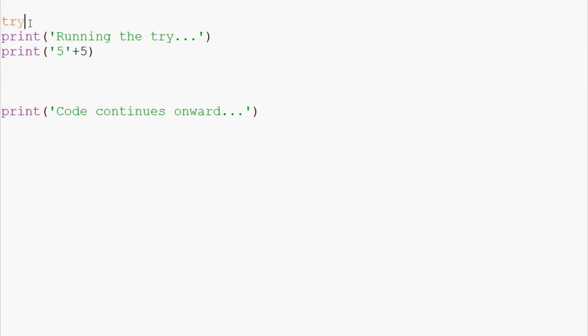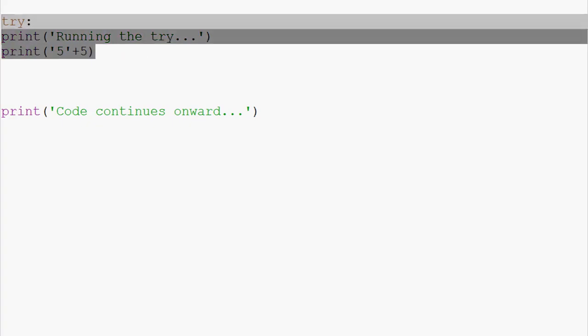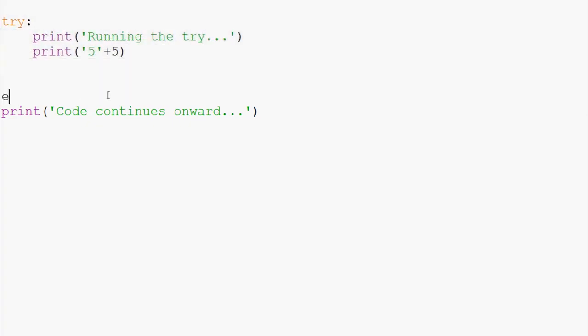So we're going to go ahead and put this back in a try. So try that. Except exception as E. Print the code continues onward. Now, if you recall, this was actually a type error. So what you can do, though, is see except exception as E is just kind of like a catch-all for all exceptions. Okay, so you could try except. You could do try except exception as E.